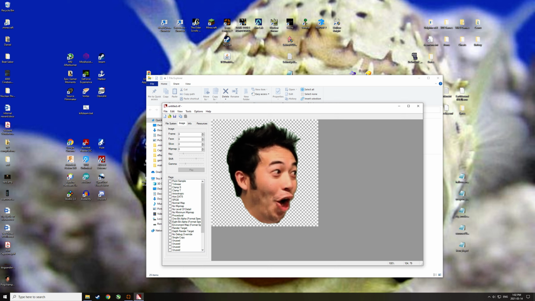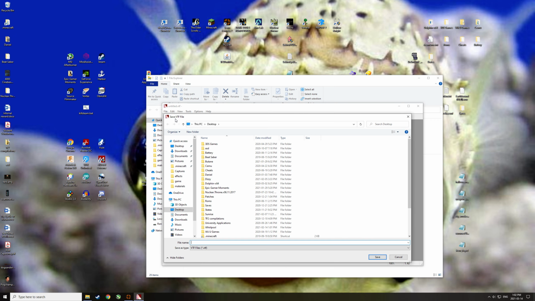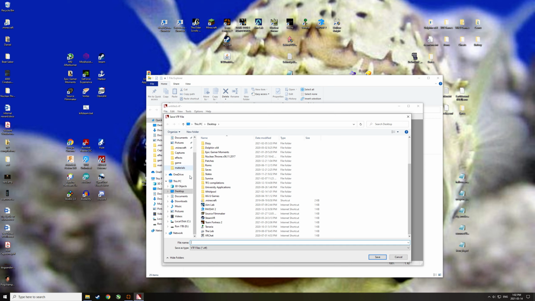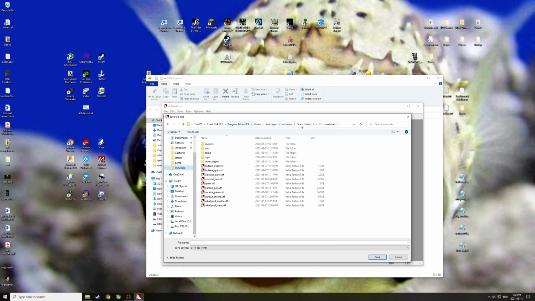Here's our image in VTF edit, and then we go and we save it. We're saving the VTF here. TF2 textures have 2 files, a VTF and a VMT, and they need both in order to work with the game. The VTF is the actual texture, and the VMT is just an information file that tells stuff about the texture to the game. So I'm going to go over to the materials folder